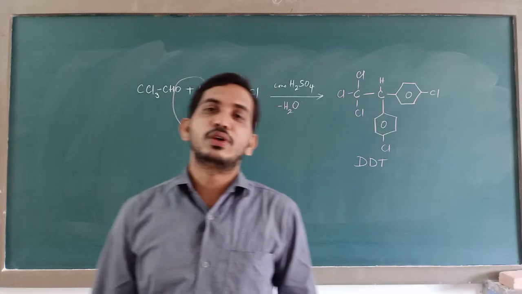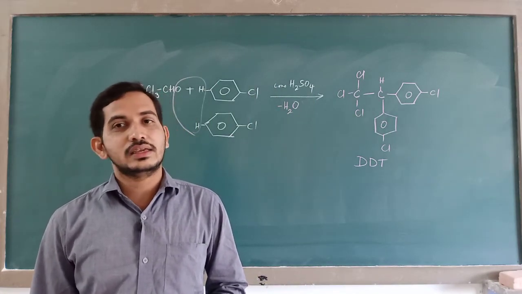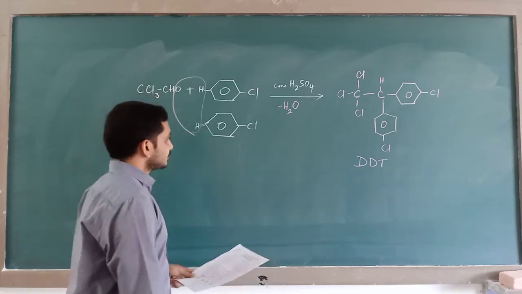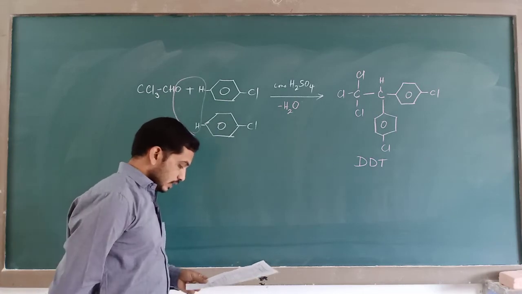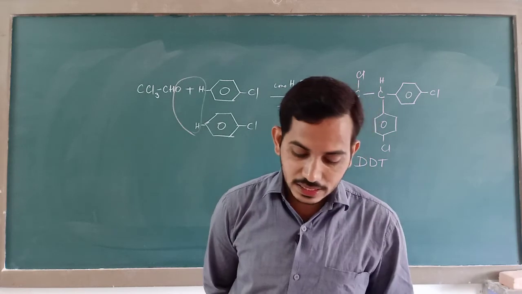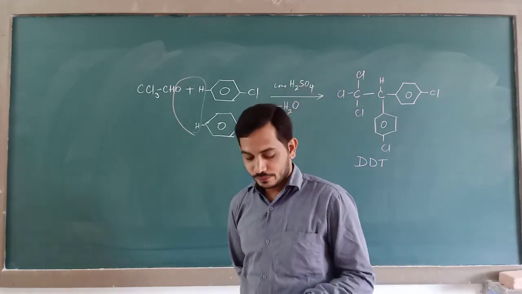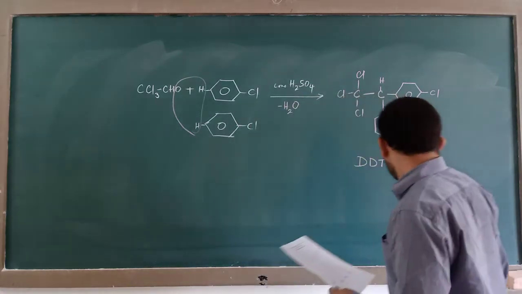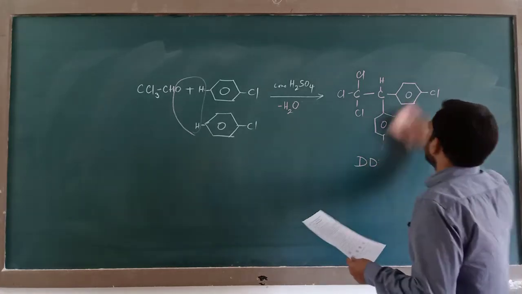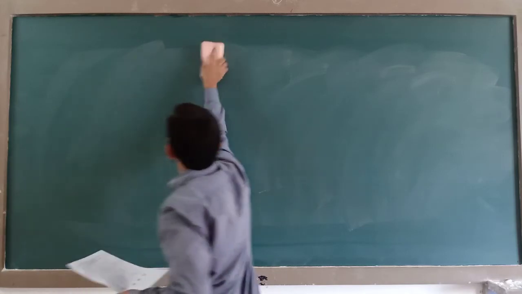This reaction was a very popular reaction. Now because DDT is banned, even this reaction is not in practice in any synthesizing laboratories. Then for question 11th, what is the correct answer? Freon, DDT, gamexane, hexachloroethane. The correct option is B, DDT. Then 12th question. In the 12th question, you will notice, what will be the product in the following reaction?